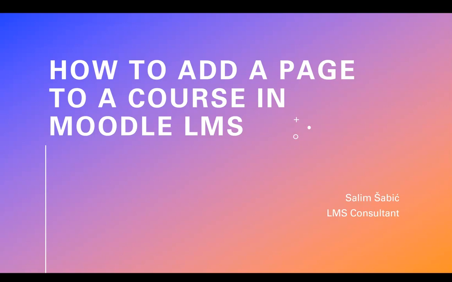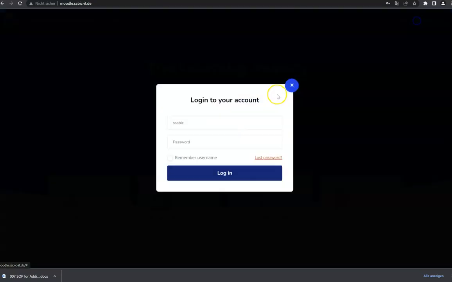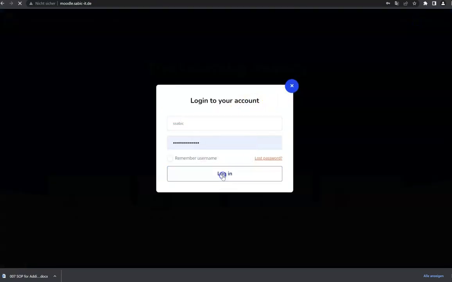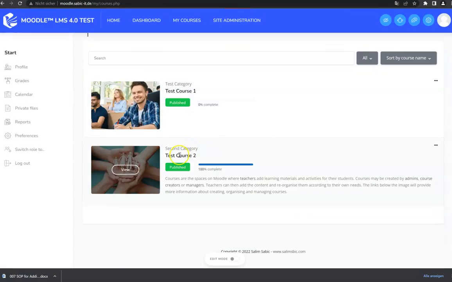In this tutorial I will show you how to add a page to a course in Moodle LMS. We have already been talking about what a page in Moodle LMS is, and before we can add a page we need to log in to our Moodle LMS site. As always, you need to navigate to the course that you want to edit